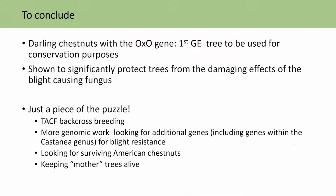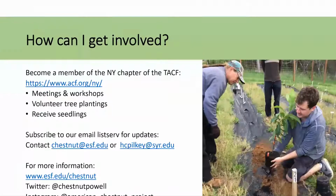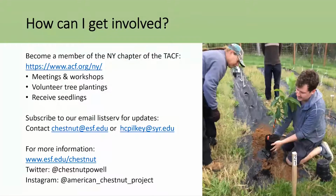So it's all one big effort from all sorts of different types of research, and it's all super important. And it can also serve as a template for other future plants that are threatened by pathogens and pests. So if this sounds like something that you're super excited about, if you're really amped to help the American chestnut